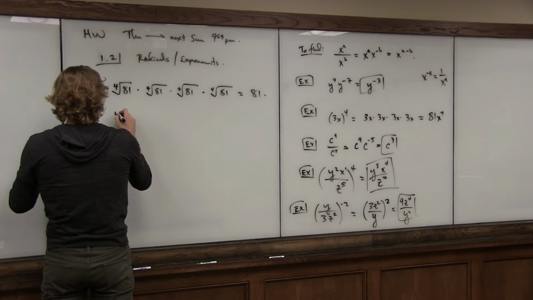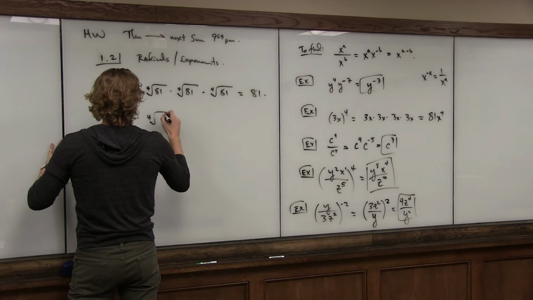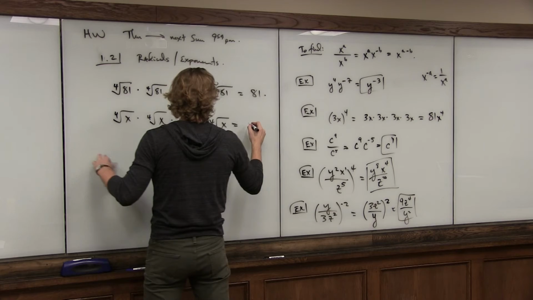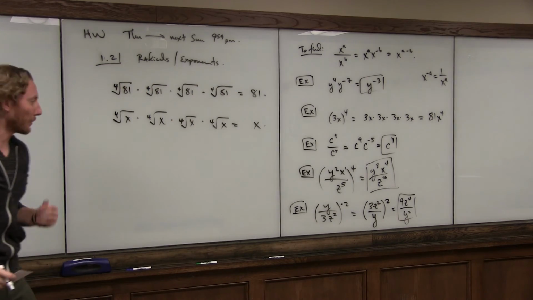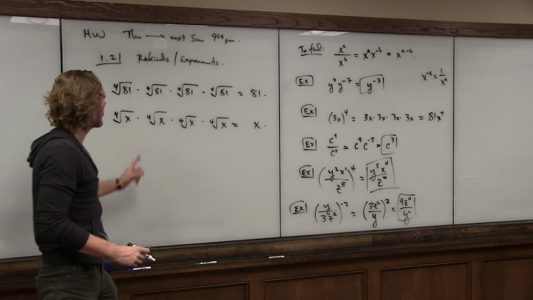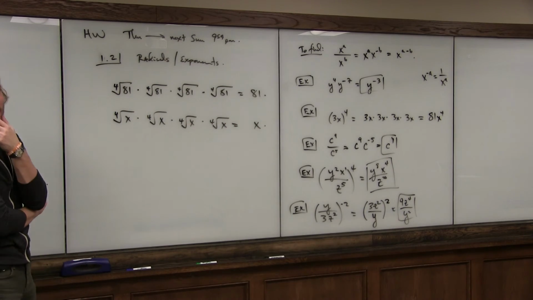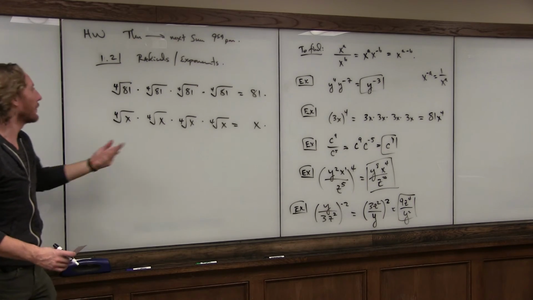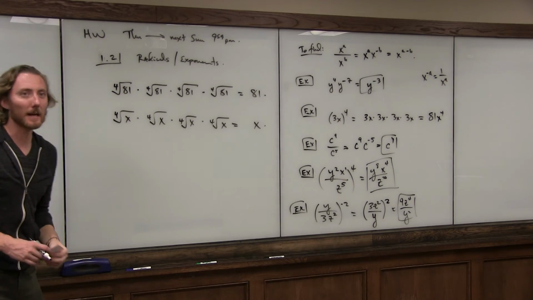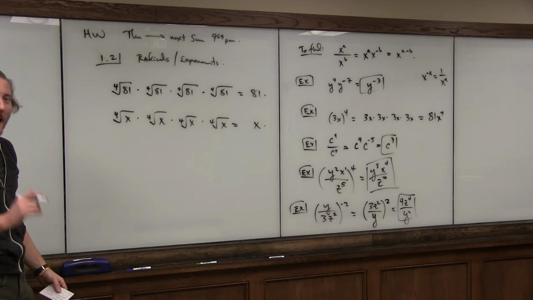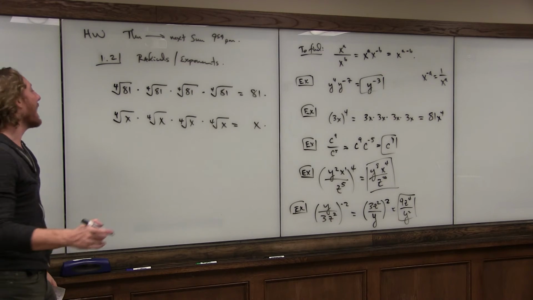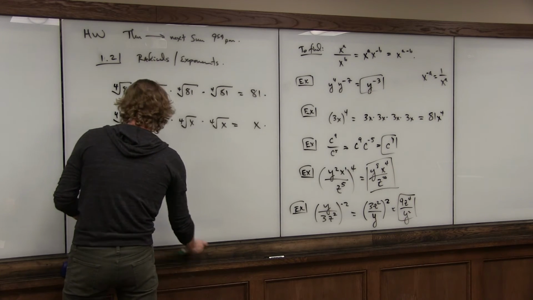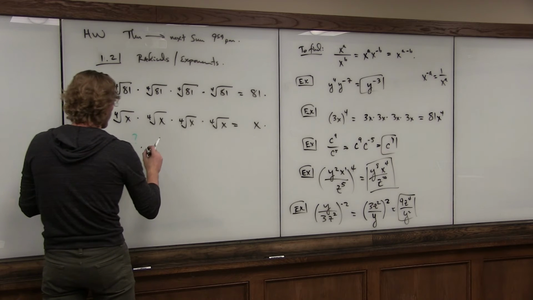Let me rewrite this. Instead of in terms of 81, let me just write this in terms of x. Any 4th root is just a number which times itself 4 times is what's inside. The 4th root of 81 is what times itself 4 times is 81. The 4th root of x is what times itself 4 times is x. But now, I claim that there is a power we could put on our x